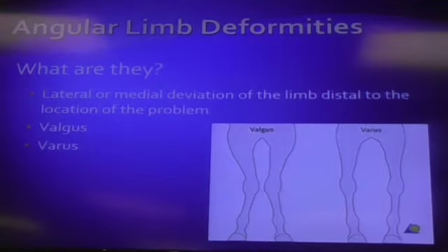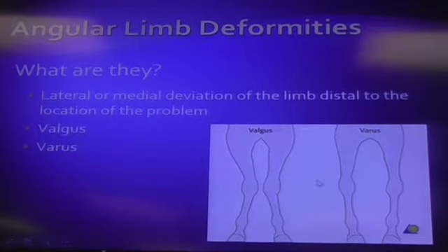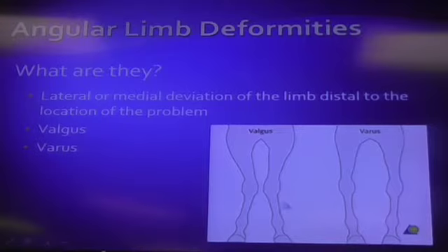that live distal to the location of the problem. So you find where you have a location of the problem, and then you look at where the angle is distal to that. Here, the location of the problem is the carpus, and there's a deviation laterally after we're distal to that carpus. Same here, varus: draw a straight line, you're pretty straight here, and then all of a sudden you're deviating medially, so that would be a